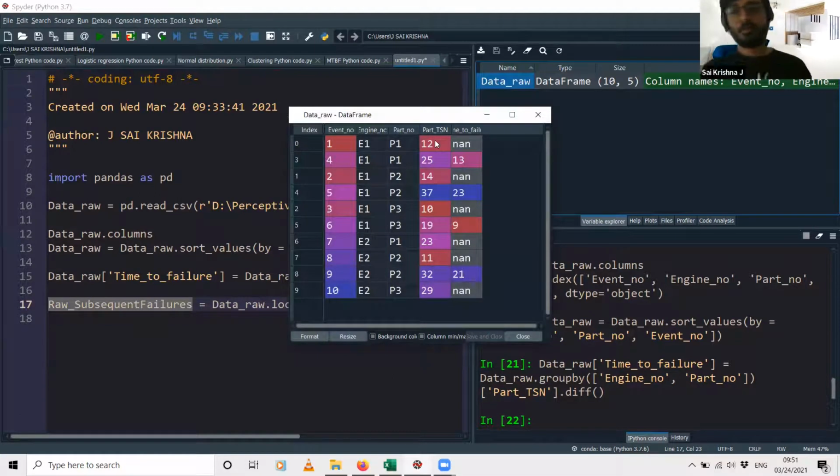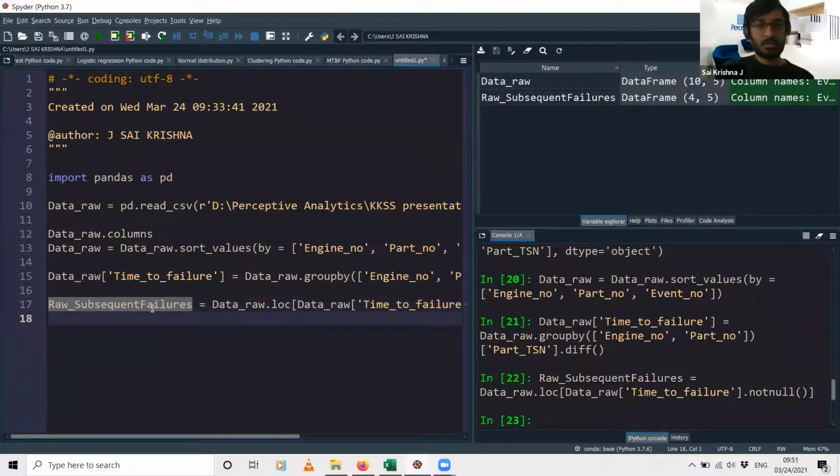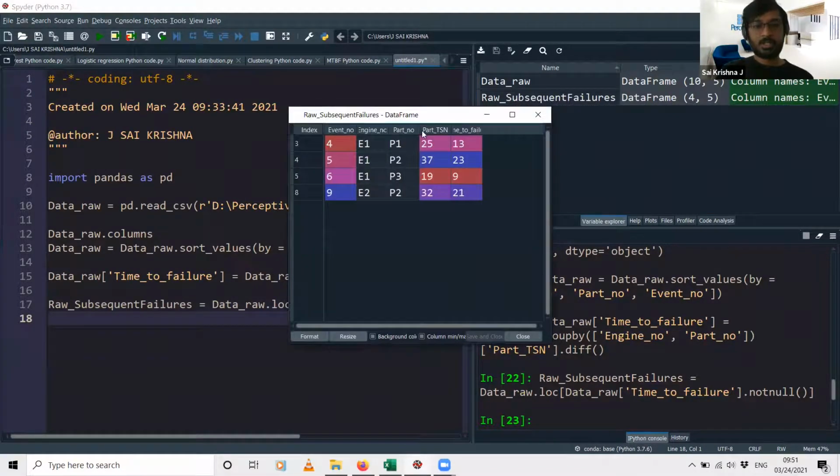So basically what I'm trying to do now is, let me take the subsequent failures first. I'll just omit the nulls from that raw data, and I'm creating a new data frame, raw underscore subsequent failures. Now if you see, it will have only 4 rows, which are nothing but wherever the time to failure was not null. Okay, so that is the next step.